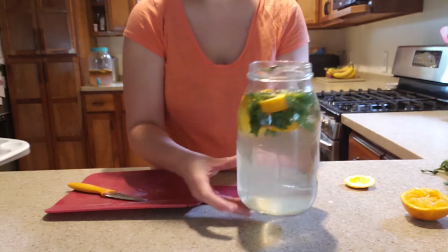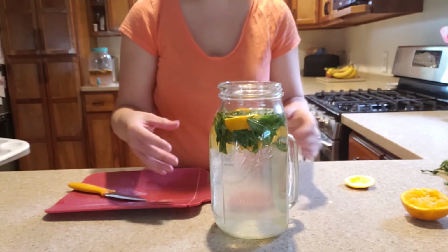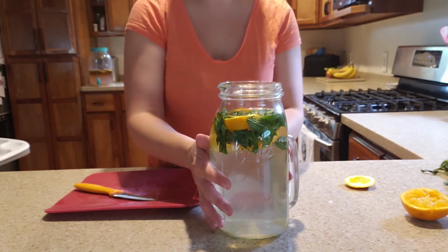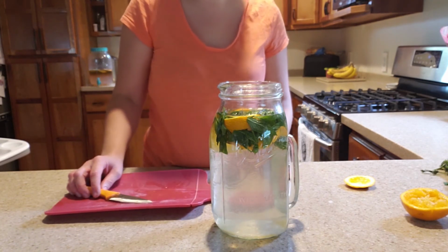And so this is what it looks like in the end. And just let it get chilled for a little bit. And so even if you chill it for a couple hours, that flavor will sit in there. And the nice thing about this is you're not adding any extra calories, and it's just a great way to have a